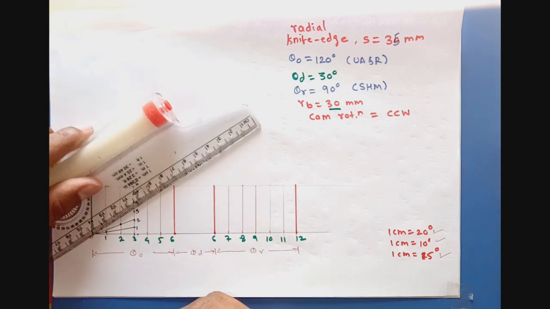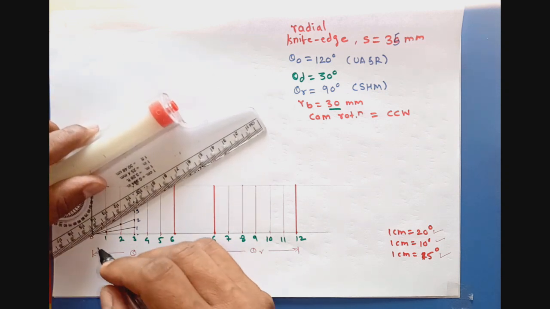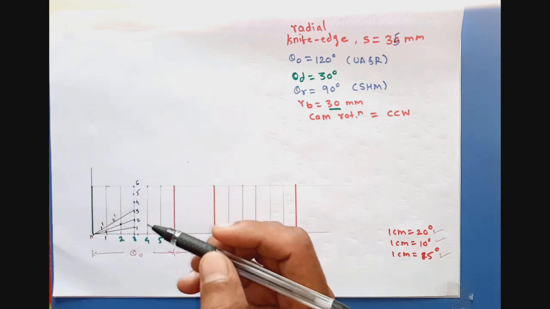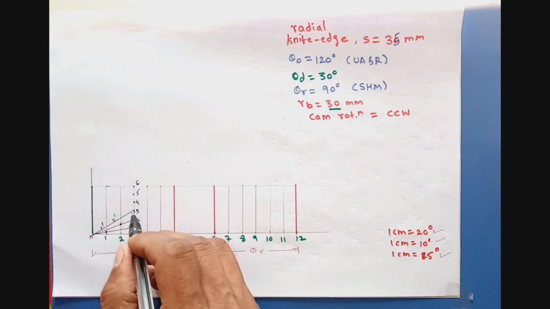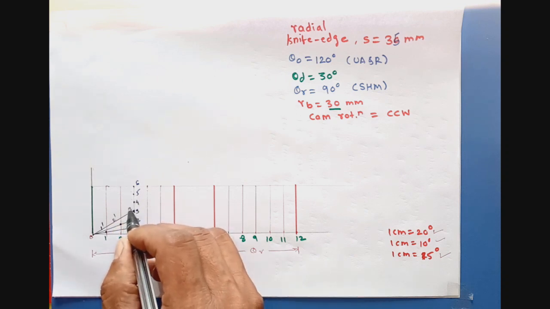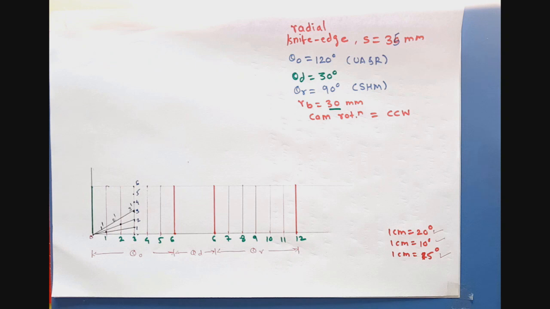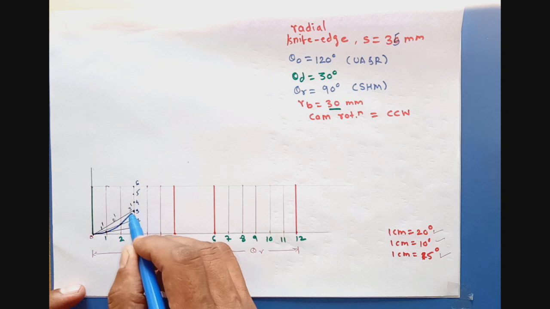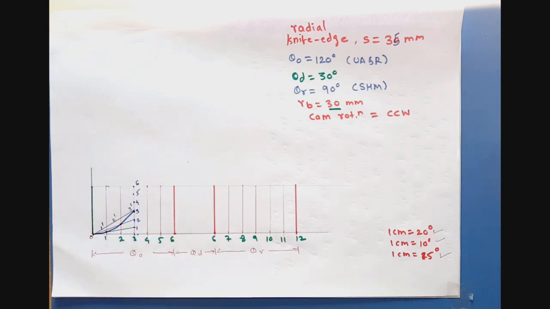Now we'll join number 3. This line will intersect the division line number 3 at 3 dash. Now I will draw a smooth freehand curve passing through these points 1 dash, 2 dash and 3 dash. This is the displacement curve or displacement diagram of the follower during first half of the outstroke when there is